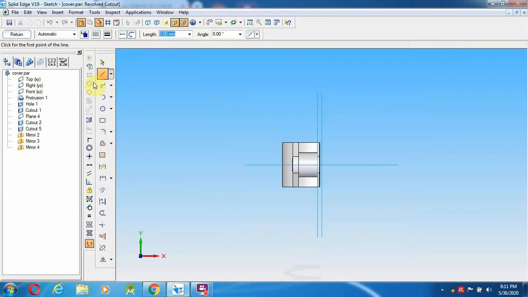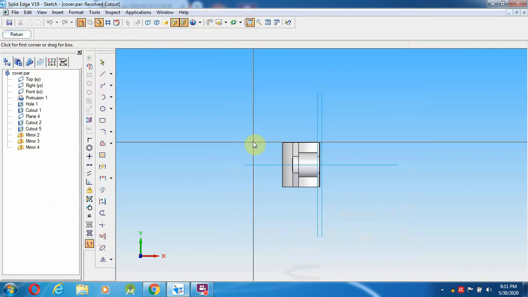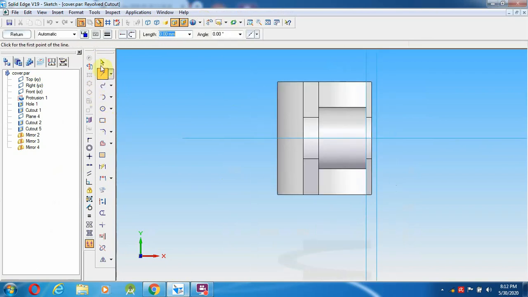Zooming in for a clear view, from the middle I am going to make a distance from here of 1.5 mm and join over here. Same on the other side also, from here to the end, 1.5 mm.